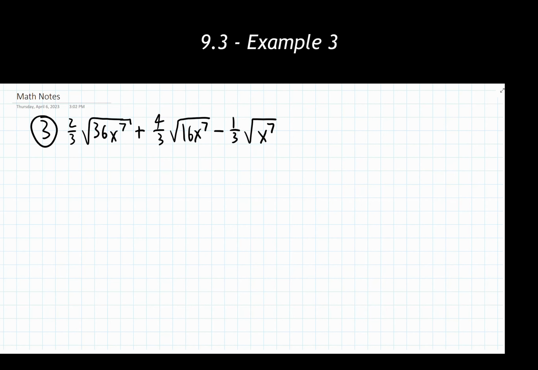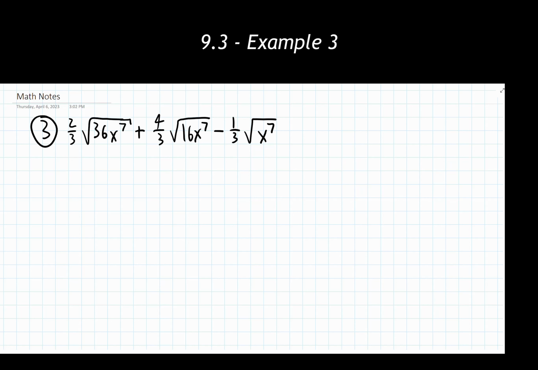So here in example 3, we're going to go through and simplify these 3 radicals down by adding and subtracting them together in a slightly different way than we did in example 2. In example 2, we combined those 2 radicals together partway through the problem and then simplified at the very end. What we're going to do here in this problem is instead simplify every single radicand down as much as we possibly can and then add and subtract these things together. Either route that you would like to take in your problems as you're going through them works. It's a matter of just picking one and committing to it for that specific problem. So let's take a look at this.